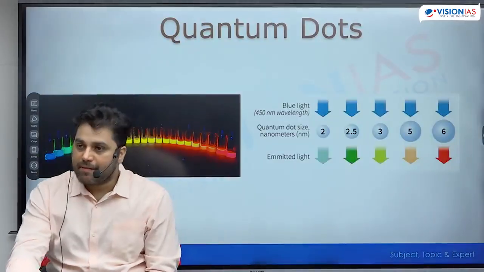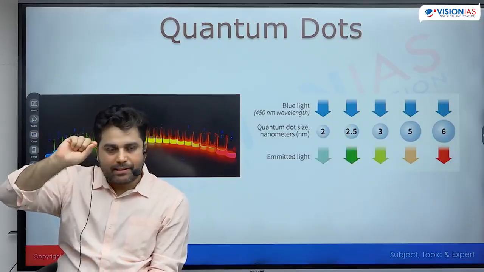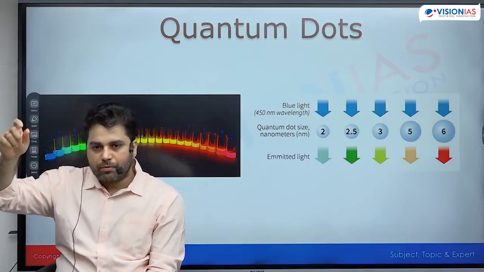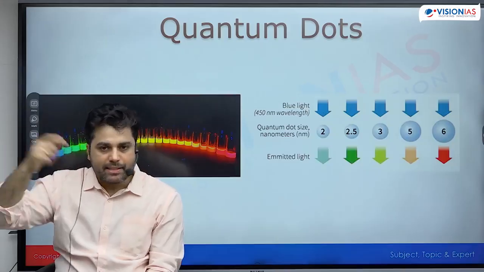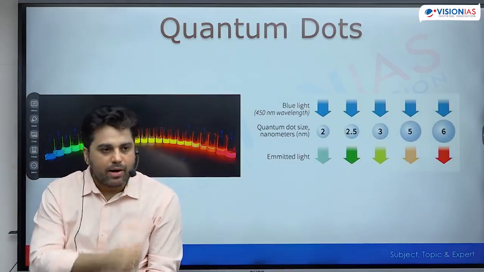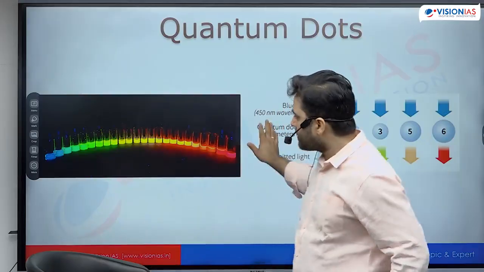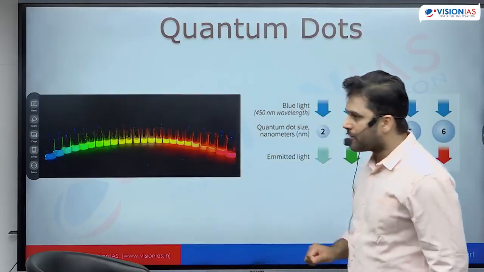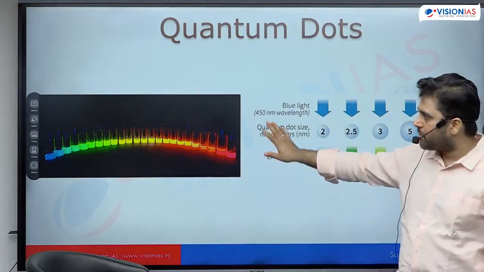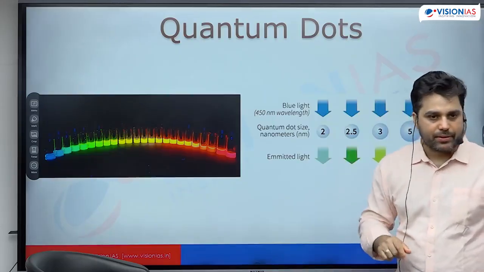I talked about the butterfly, how the butterfly's wings' layer, as the thickness of the layer changes from 2 to 4 nanometer, from 4 to 10 nanometer, it will start reflecting different colors. In quantum dots, the same thing happens. Just in this room, in this dark room, now it is dark because the light source here is ultraviolet. Our eyes cannot see ultraviolet light, but there is a light source in this room which is ultraviolet light, but it can be some other light also.